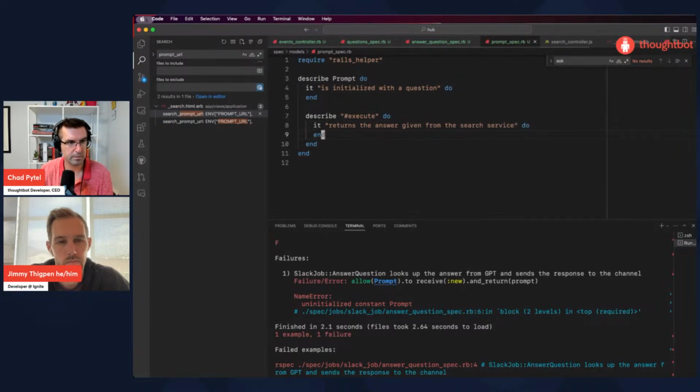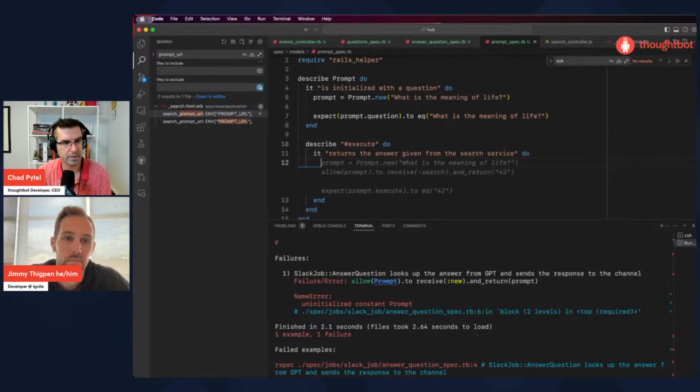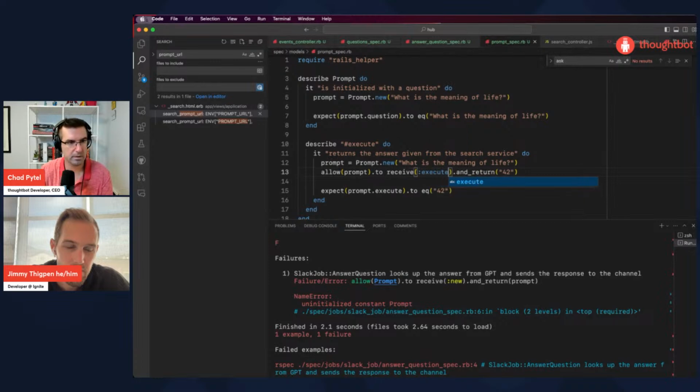So this matches what I outlined in the other spec for how it should behave. Okay, but our prompt class still doesn't exist. It still doesn't exist yet. CodePilot came up with something relatively reasonable there. So this is wrong. Should execute. So we're going to create it, instantiate.